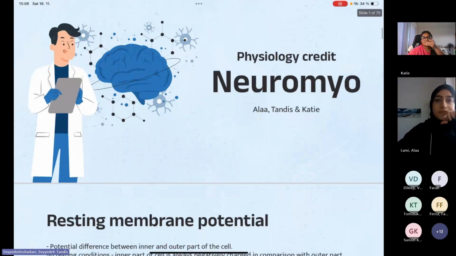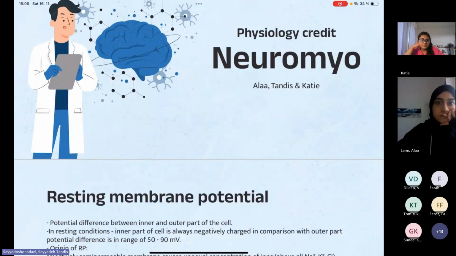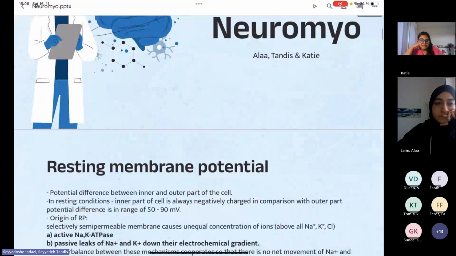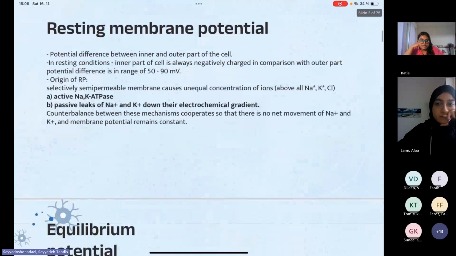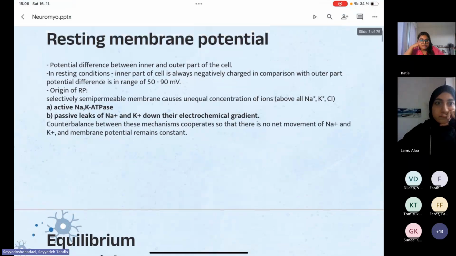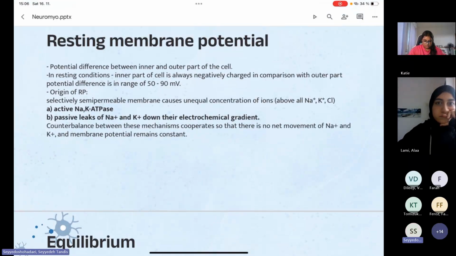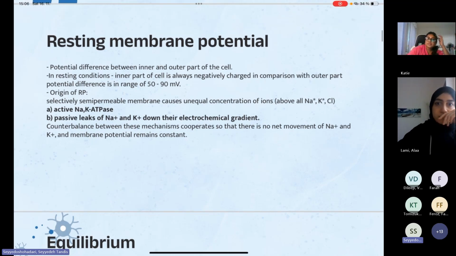Okay. So you know the topic. Casey explained that it's gonna be about neurophysiology. I'll talk about the neurophys part, and I'll start with resting membrane potential. I think you all know what resting membrane potential is. It's the potential difference between the inner part of the cell and the outer part of the cell in resting situation. So resting means there's no stimulus, nothing is stimulating the nerve, and this resting membrane potential